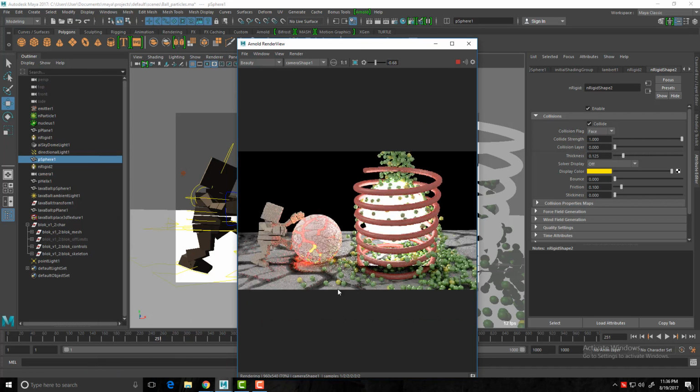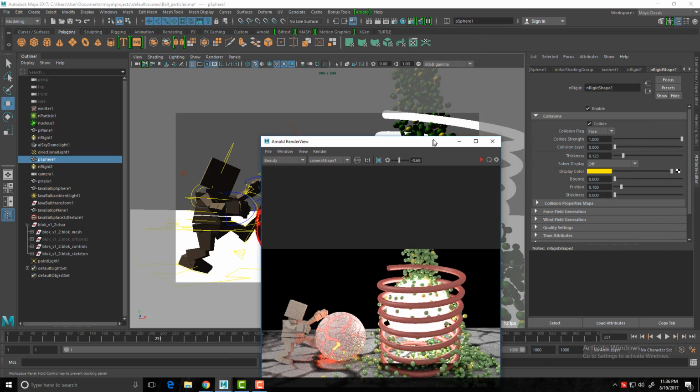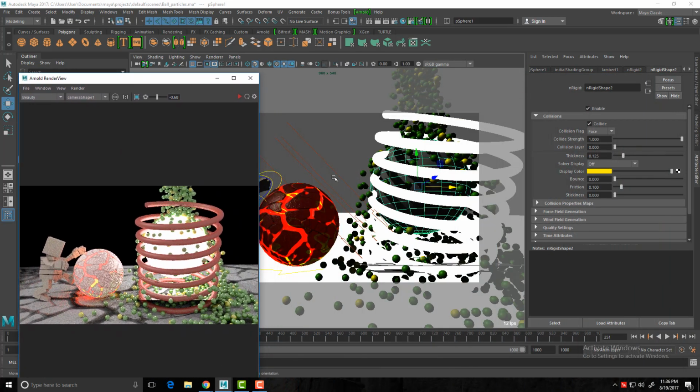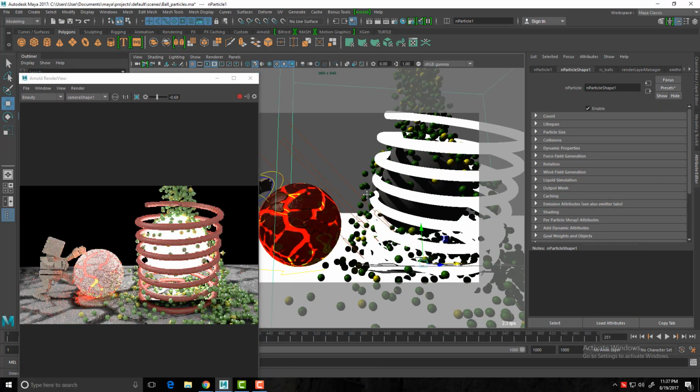See that? I won't spend too much time just going around each iteration as it updates in Arnold. But there you go. I'll just stop that for the moment. Place it over here. What we're interested in at this stage, I'm going to go into my perspective,